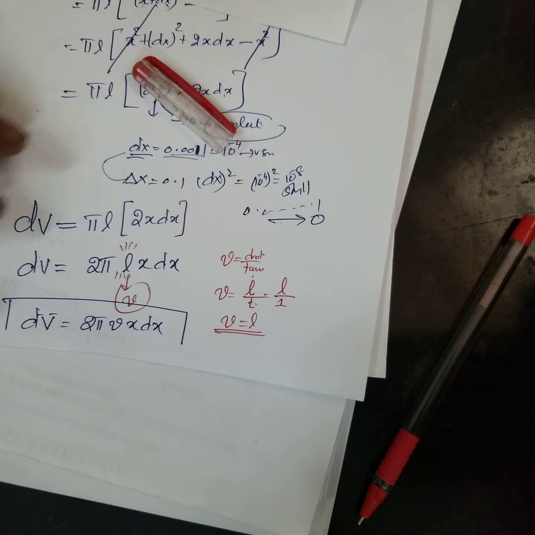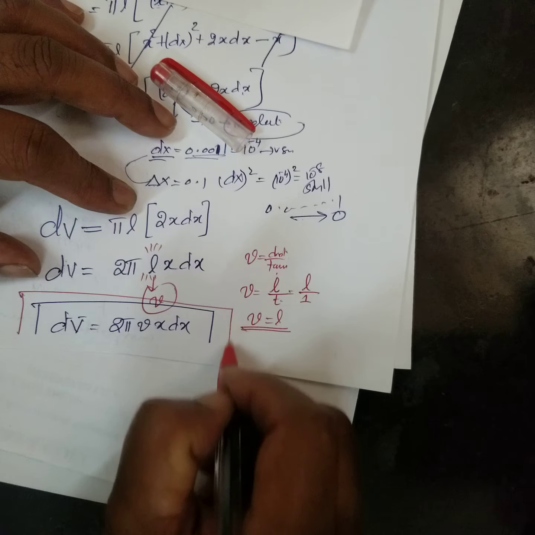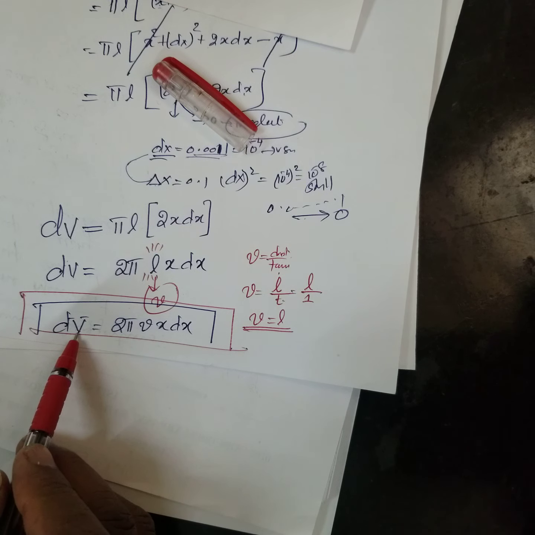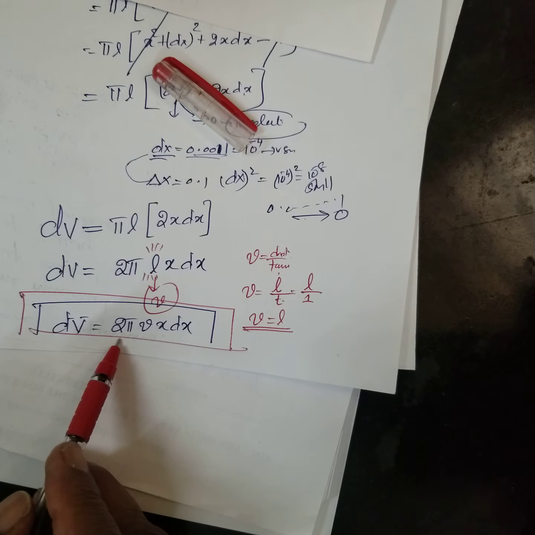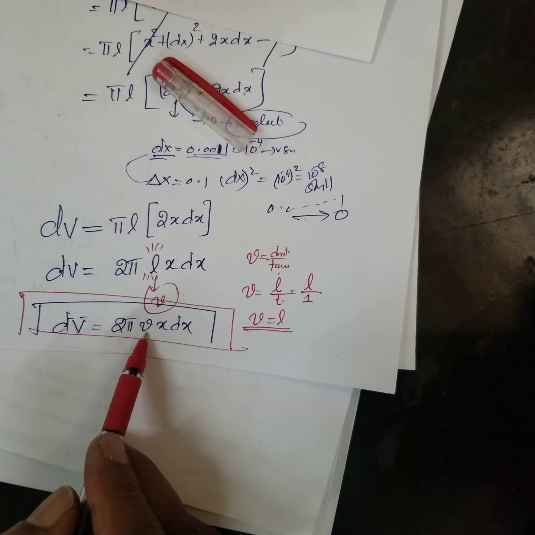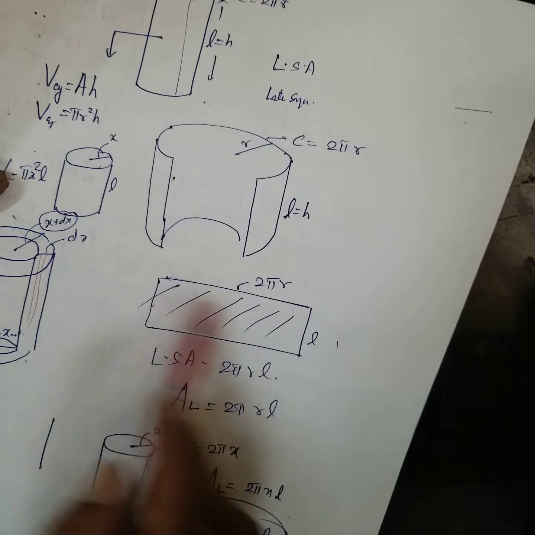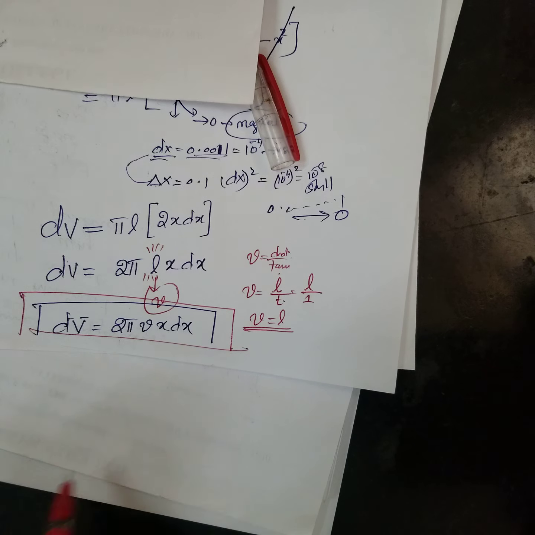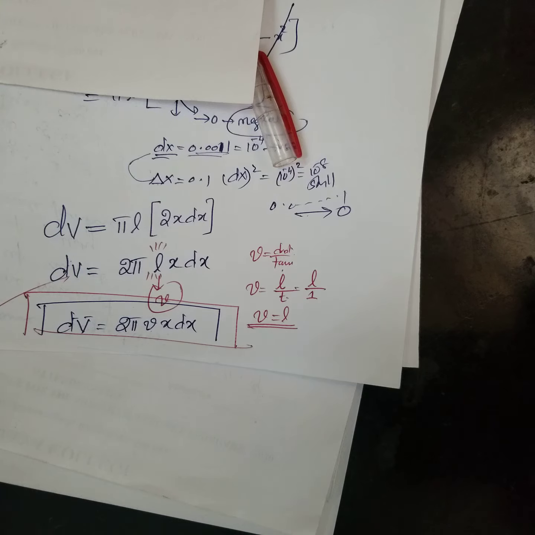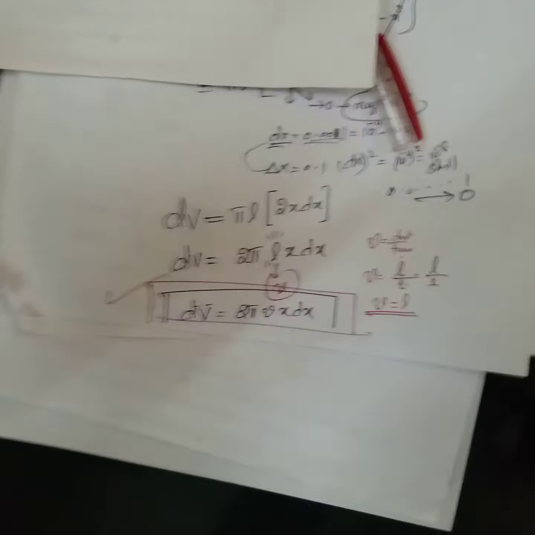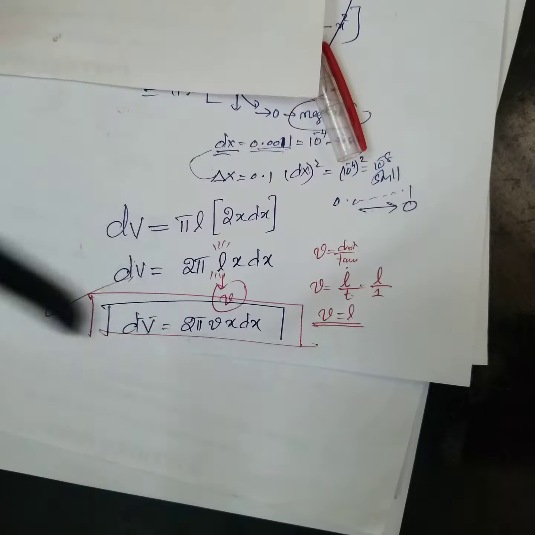See, this is a very, very important portion. The textbook directly gives the volume of the liquid displaced, meaning flowing per second, right? That means this much volume of liquid flowing across the tube in 1 second is given by dV is equal to 2 pi V x dx. This I am going to make use of during the derivation. Therefore, in the examination you need not show all this.